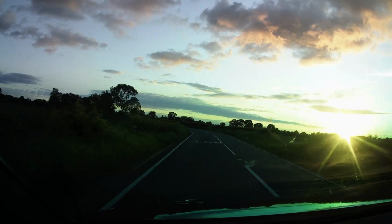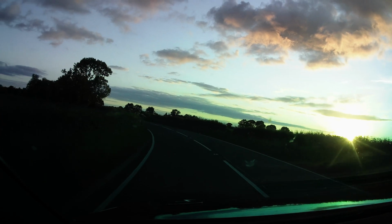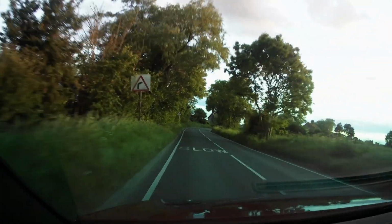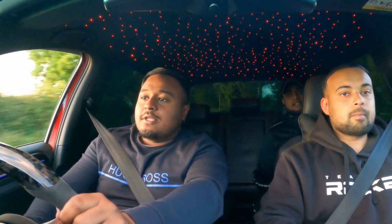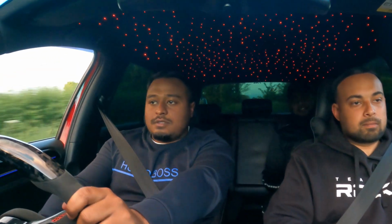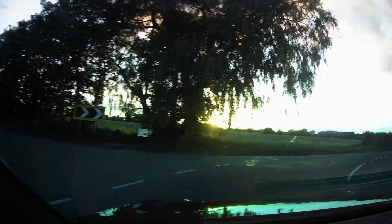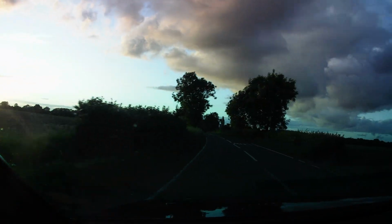You know what? This steering wheel is so distracting. I'm just seeing red lights flashing at me. It's so distracting when you're just trying to focus on what the road has in front of you. You know what? This car handles really, really well. Realistically speaking, they say that Haldex isn't the best four-wheel drive system. They say that, but unless you're on track,